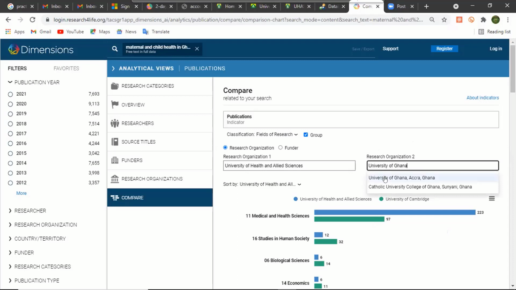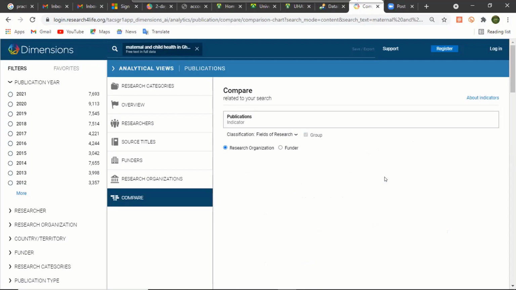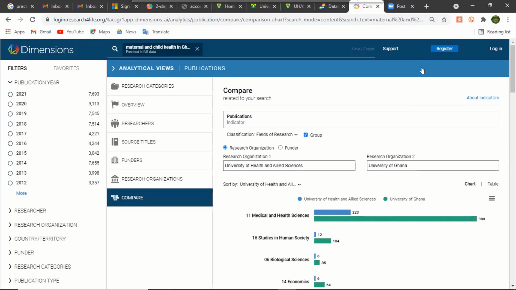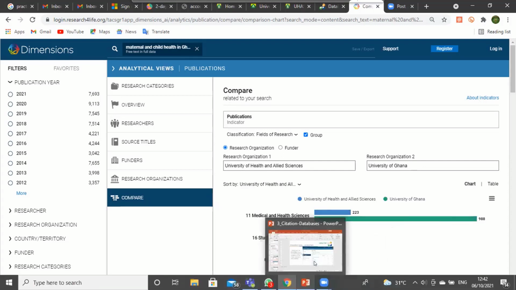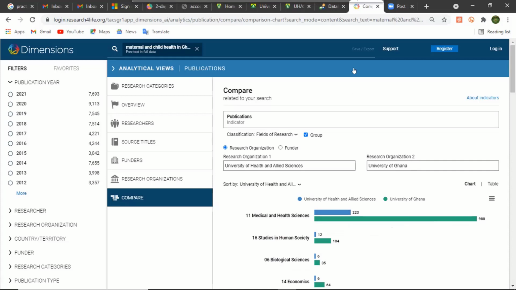So University of Ghana, Accra, yeah. Okay, so the story has changed. So our 223 that we used to beat Cambridge is now smaller compared to University of Ghana's 988 publications related to this topic. All right. Okay, I promise not to go too far, and so I believe I can end here. This is just a demo for you to understand the functionalities that are available inside the